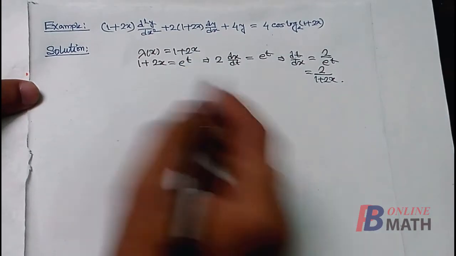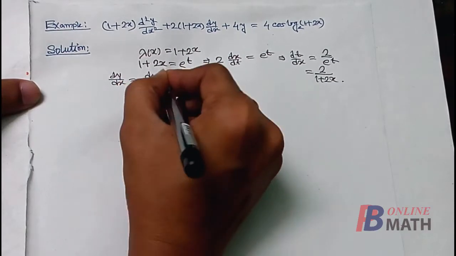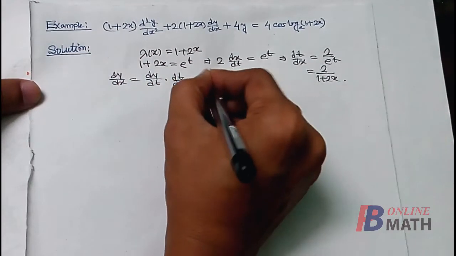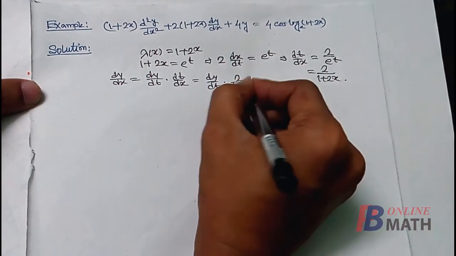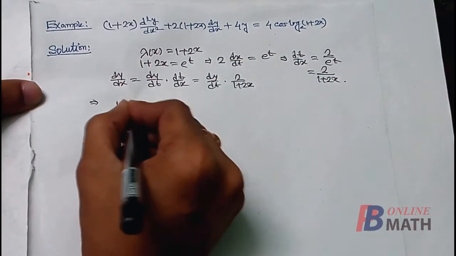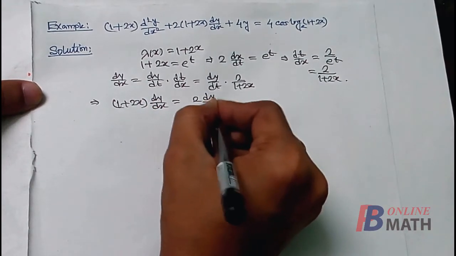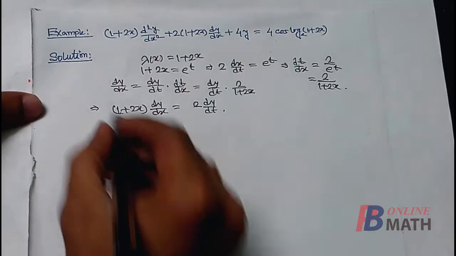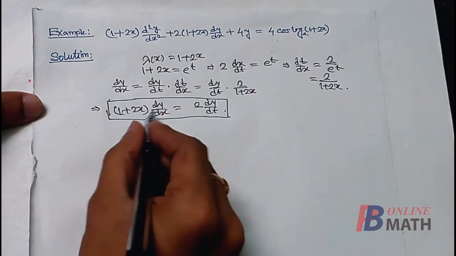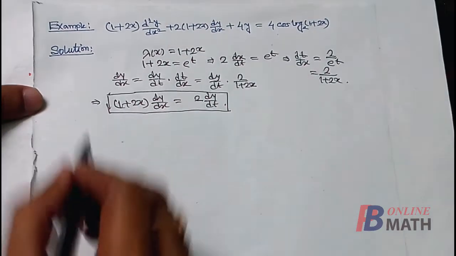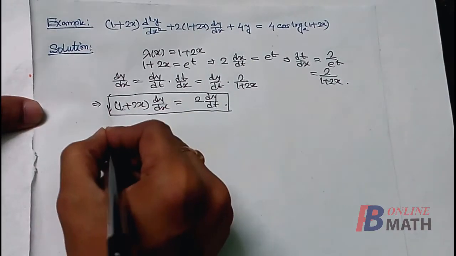So we need to replace dy dx. Here we find that dy dx equal to dy dt into dt dx. Now dt dx is nothing but 2 by 1 plus 2x. So multiplying the equation by 1 plus 2x, we find this one. So this is one equation: 1 plus 2x into dy dx equal to 2 into dy dt. Next we shall differentiate this equation with respect to x. Then we find that